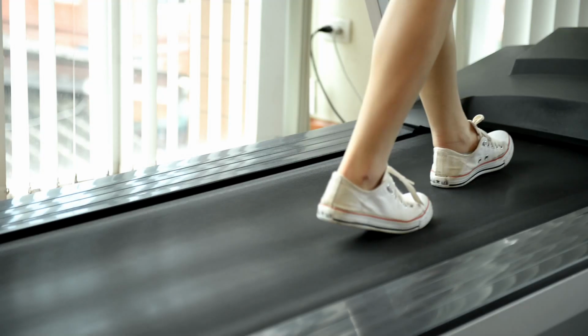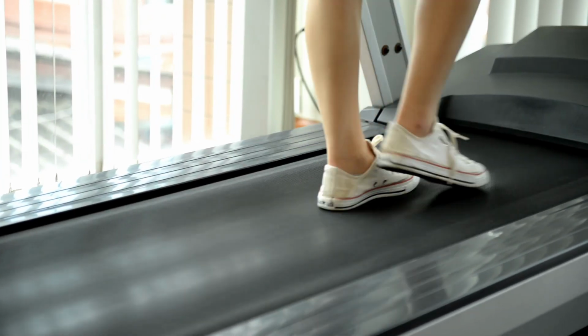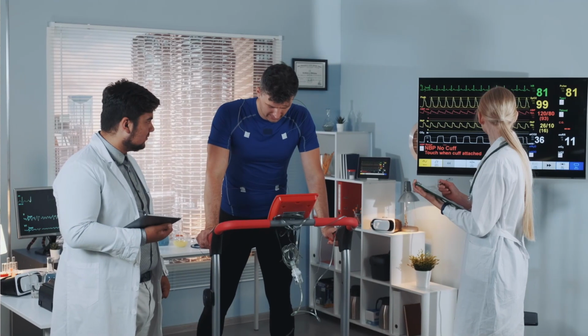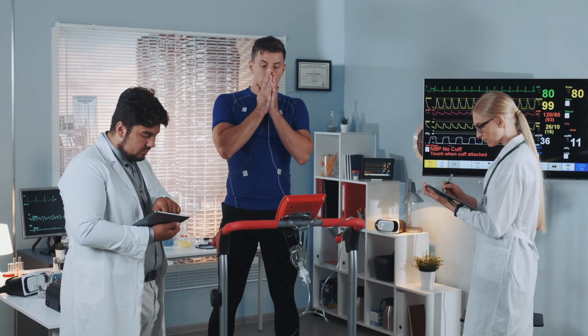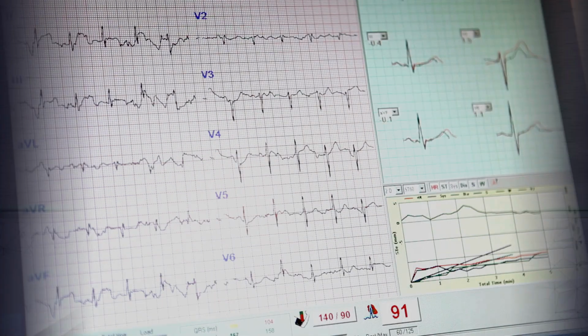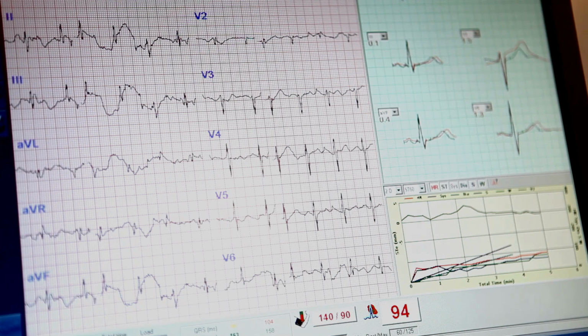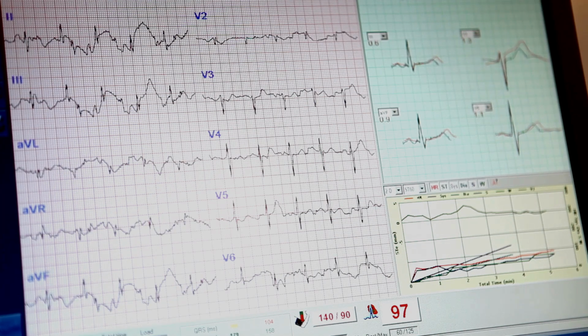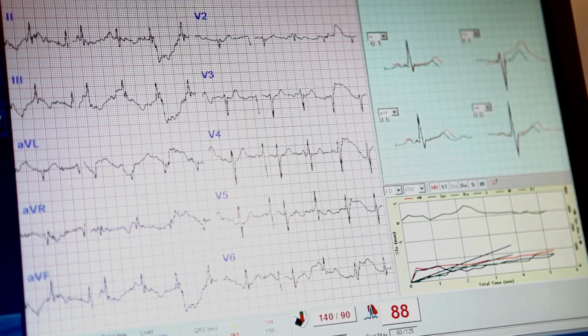Usually the treadmill test takes around 10 to 15 minutes, depending on how many minutes the patient has walked on the treadmill. After the treadmill is finished, we usually ask the patient to have a recovery or rest period of 5 to 6 minutes, where we continuously keep recording the ECGs. While the patient is walking, a separate ECG printout comes automatically from the device for every stage, and this is the change pattern of the patient walking on a treadmill. This change pattern is what we evaluate while deciding whether the patient has a positive treadmill or a normal treadmill.